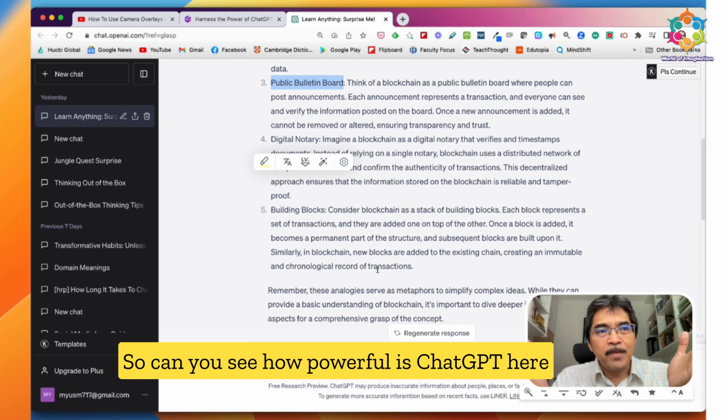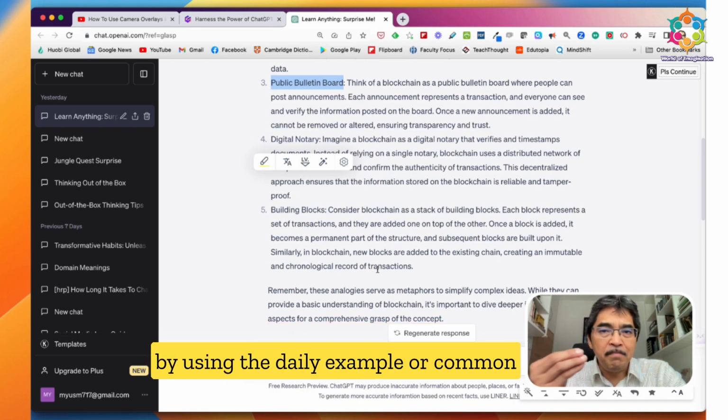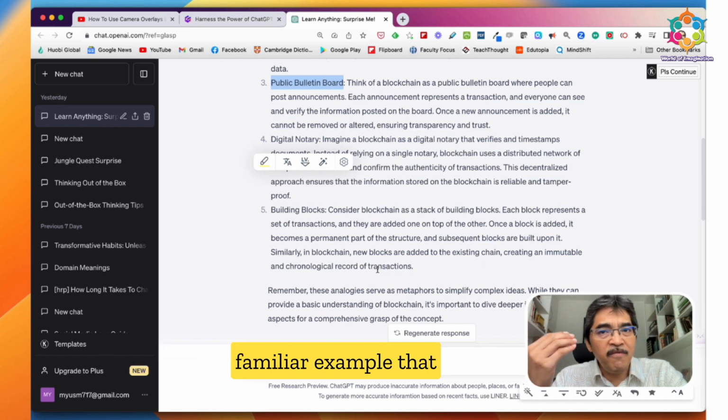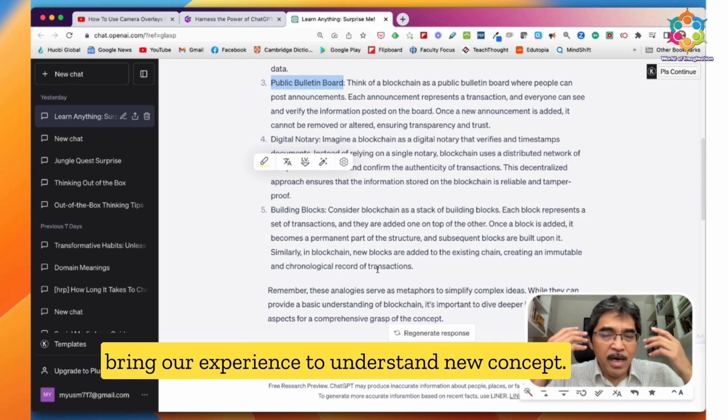Can you see how powerful ChatGPT is here to help students understand complex concepts by using daily, familiar examples that we can relate to, because remember, a mental model also brings our experience